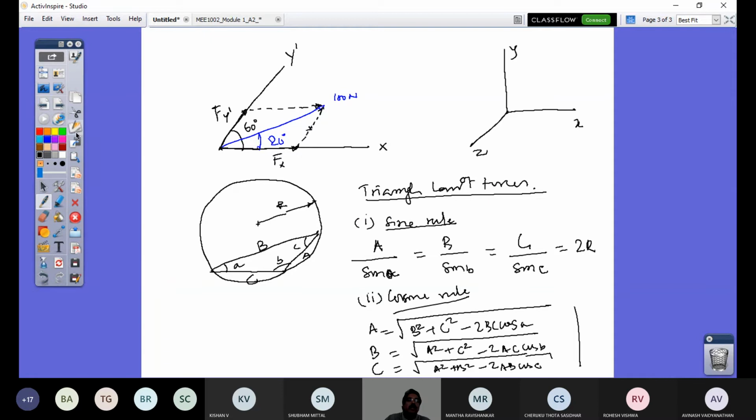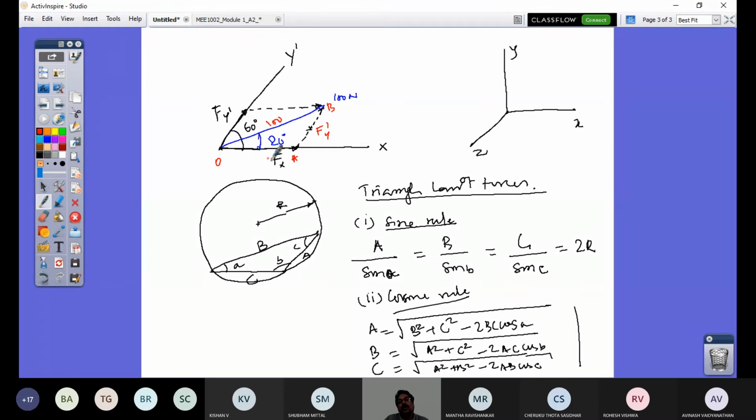So how do you do that? Now look at this triangle. In this triangle, this side is 100, which is my longer side, the diagonal of the parallelogram, the one which makes two congruent triangles. So your longer side is this 100. So I know this side. I know this angle in this triangle. Let me call this triangle OAB. In triangle OAB, I require Fx and Fy dash to be found out now. So I do not know two sides, but I know this side's magnitude and I know one angle. So this helps us to solve.